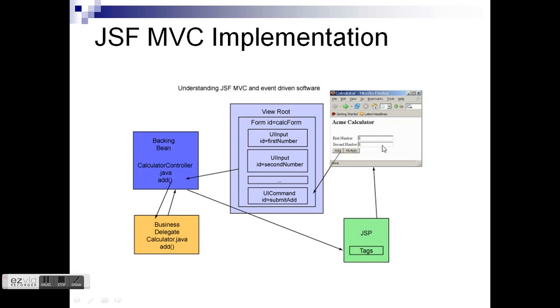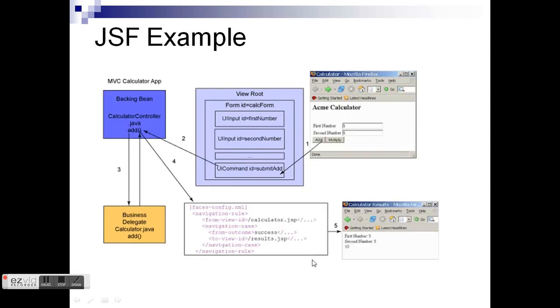Here we have seen this is our front end. We have a calculator with a first number and a second number. When we click on the add button, the listener has to be called. The listener is working as the controller, that is a backing bean. When I click on the add button, it has to call the add method from the business logic. The front end is designed in JSP. So here is the view root, here is the mediator, and we have the controller which will perform the business logic. This way MVC will work in JSF.